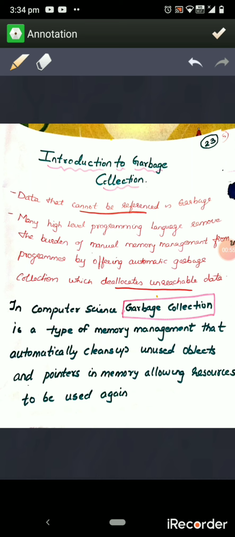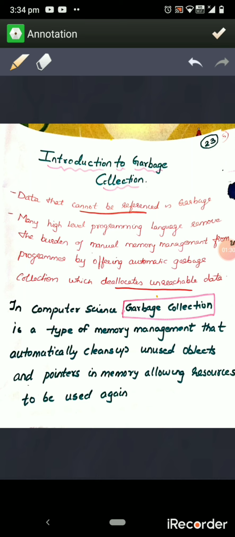So if the memory allocated for any variable is getting wasted, in the sense that after the variable is used we are not using it in the coming programs, or we haven't used that variable for some time, then the memory allocated for the variable is simply getting wasted. This variable space is known to be garbage. This variable is said to be a garbage value.